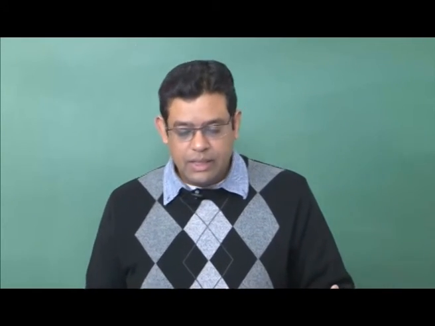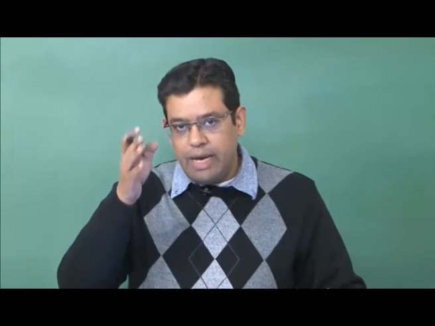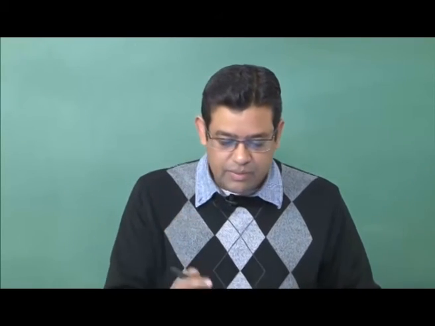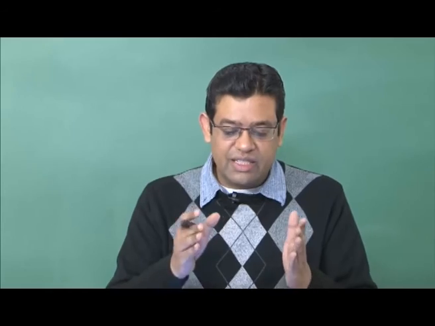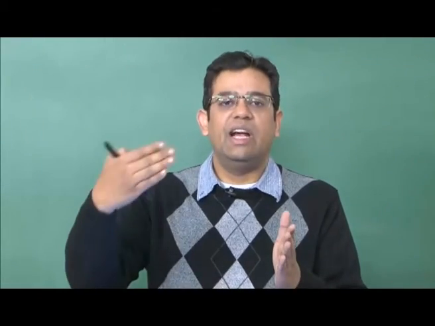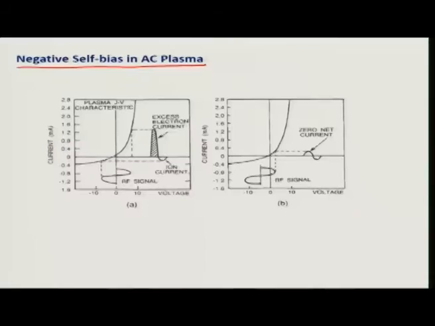It happens that when we put any electrode in an AC plasma, there is a negative self bias. We had discussed this also, that any electrode we insert in plasma becomes negatively charged. The similar effect is utilized here to have a self bias on one electrode which is slightly negative. Now, let us see this in a configuration.